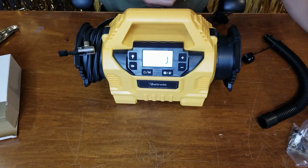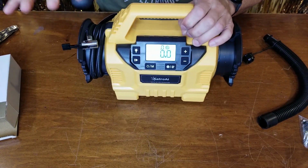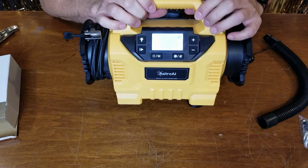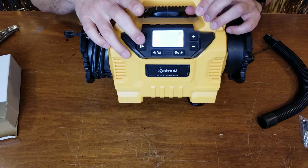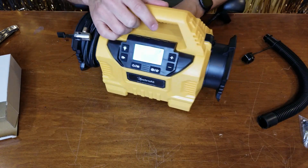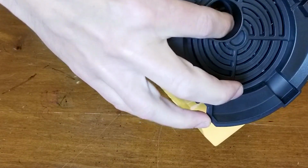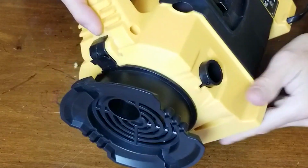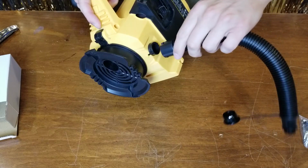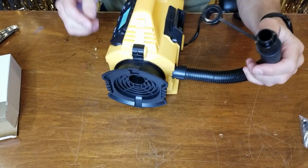All right. So then we're going to press this button that switches between the low volume high pressure and the high volume low pressure. And it does not have a pressure setting. It's simply on or off. And it has two outlets, or rather an inlet and an outlet. So the inlet is on this side here and the outlet is on the back. So what you do is you take the little hose it comes with that wraps around here, and you just stick it on the little nub there, twist it counterclockwise, and now when you turn it on,